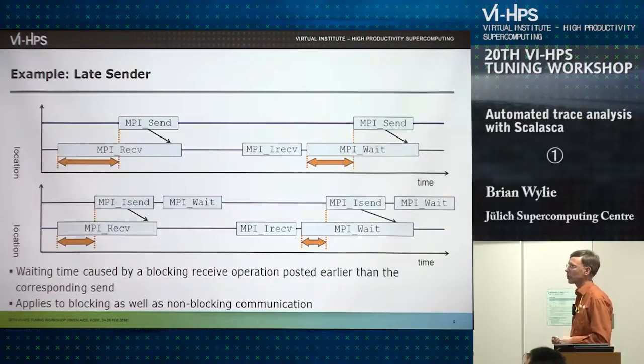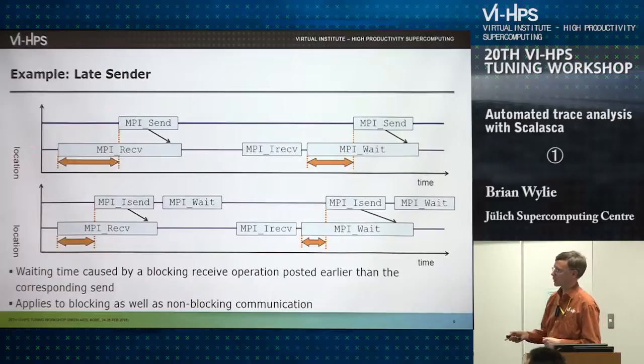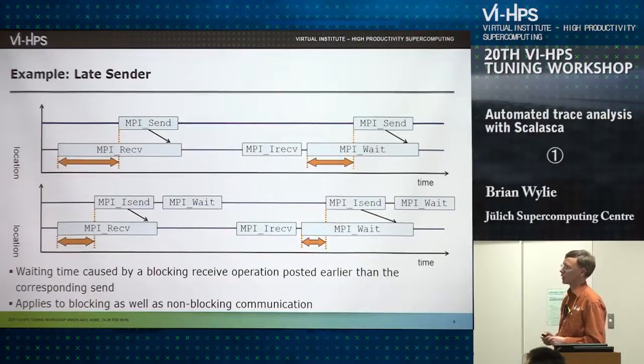That happens inside MPI, but it won't start doing the send until you make the MPI call itself. So it won't start until this time here. So here we have the receiver initiating the blocking receive early. It has to block at least until the time when the corresponding send initiates, and we call this late sender time. There's a number of other variations on this